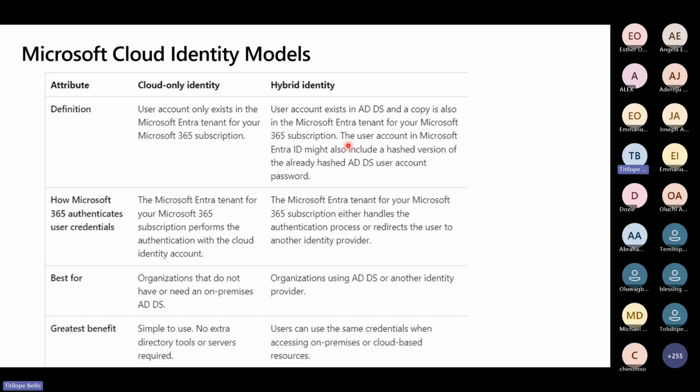When Azure AD received the username, it says, oh, yes, I have you here, but who's supposed to authenticate you? Oh, I have a connection to your on-premises Active Directory. Then it sends your request, that you are trying to access a service, back to the on-premises server through the Entra Connect server. Then the Entra Connect server contacts your on-premises domain controller, which says, yes, this user exists and